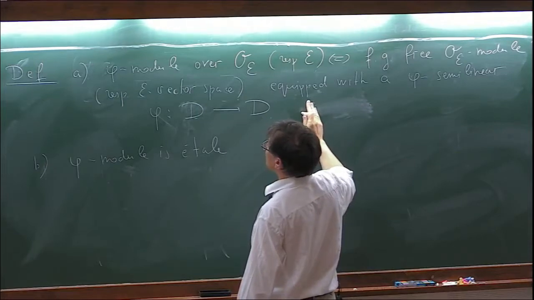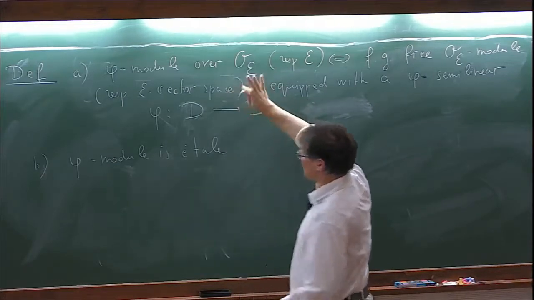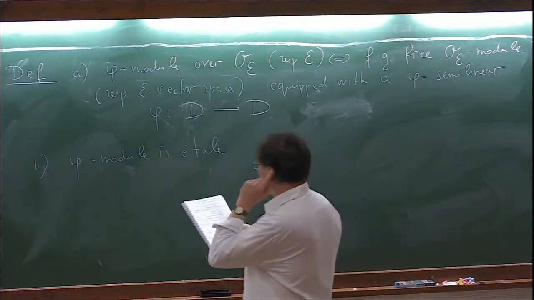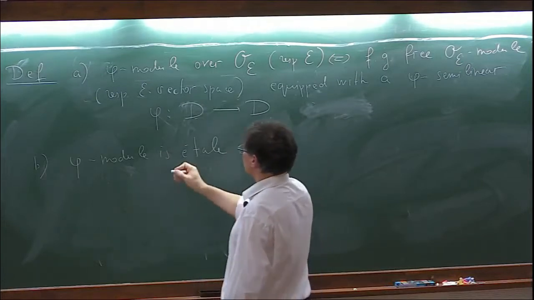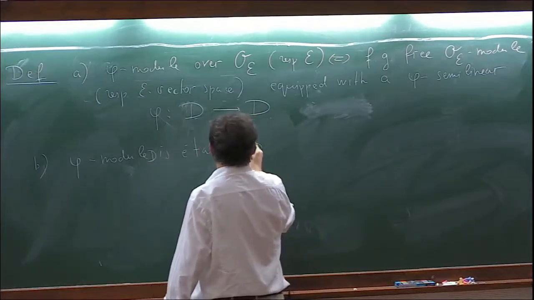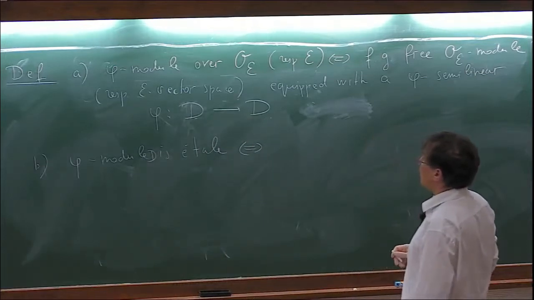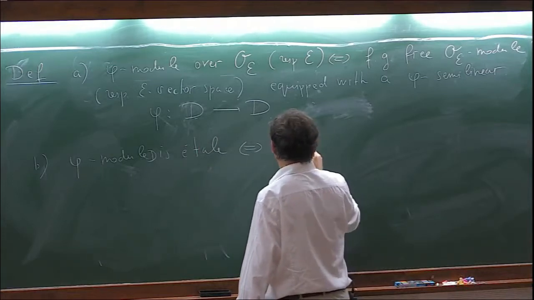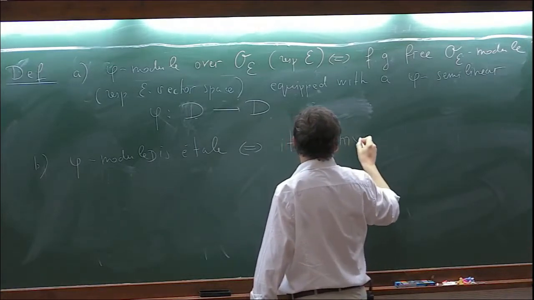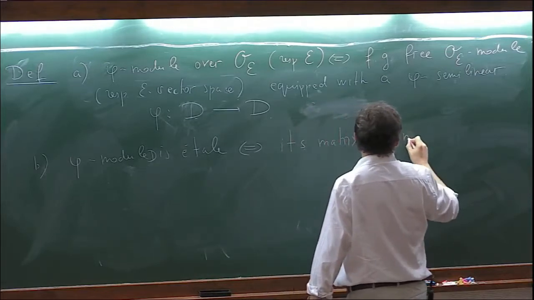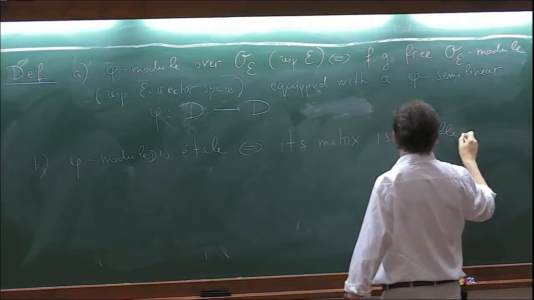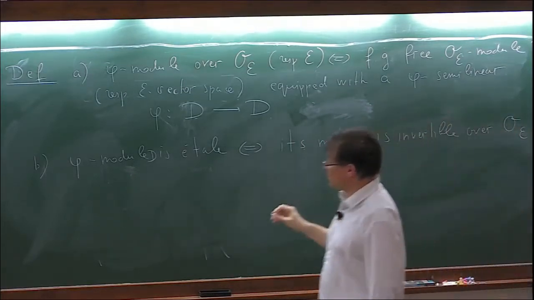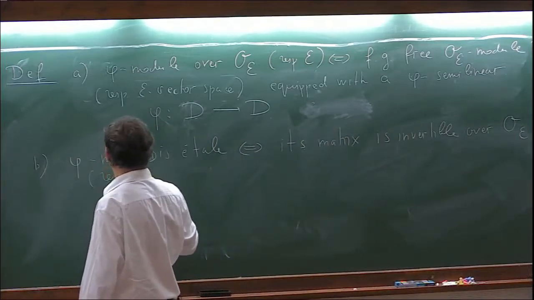No, not isomorphism, it is not good. Okay, let's for a moment keep this definition. So a phi module D is étale if and only if its matrix is invertible over O_E, respectively in E,